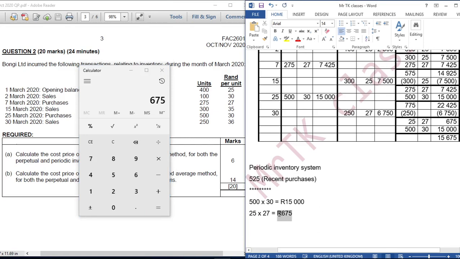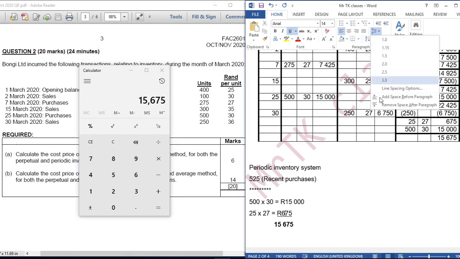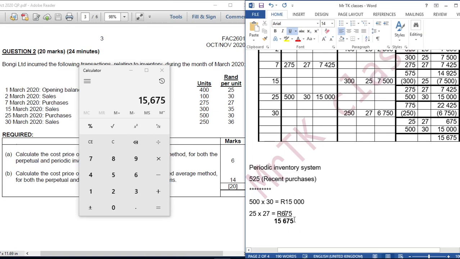Okay, so now we just need to add these two. What are we going to get? 675 plus 15,000. 15,675. This is our value. This is the value of closing inventory using first in first out method, which is